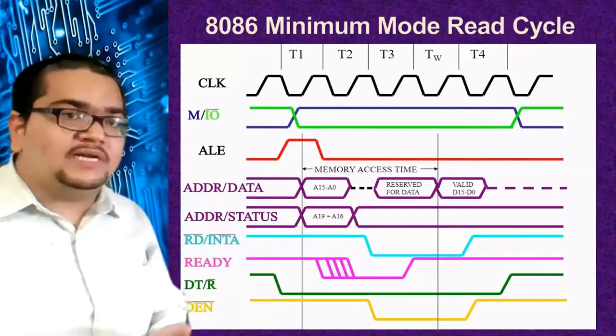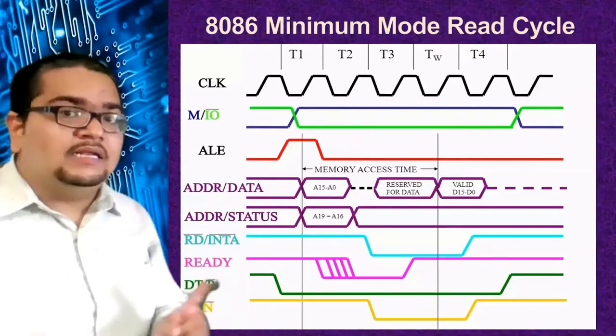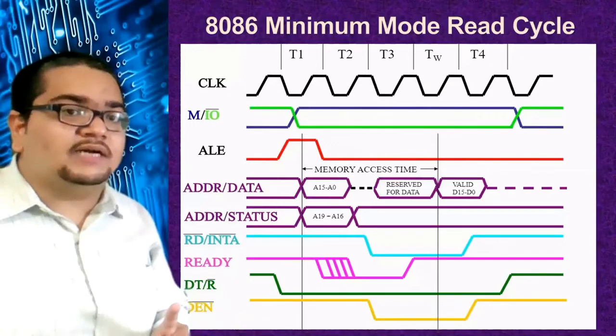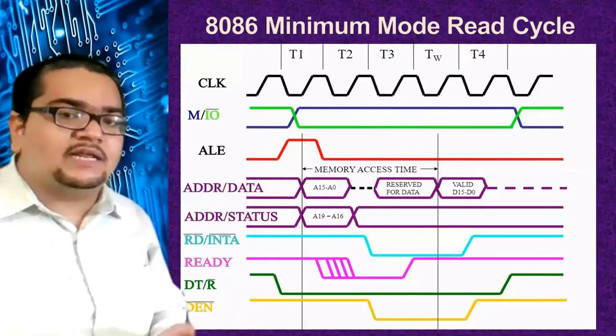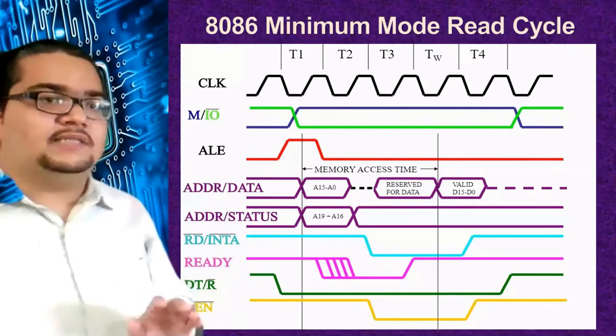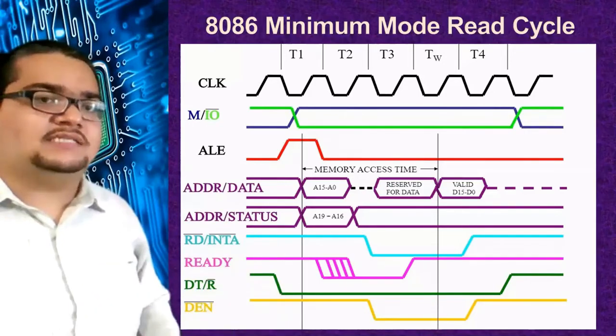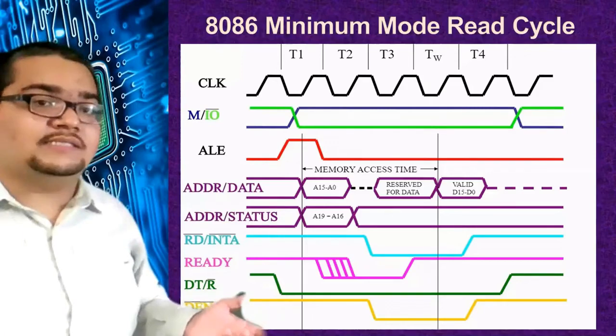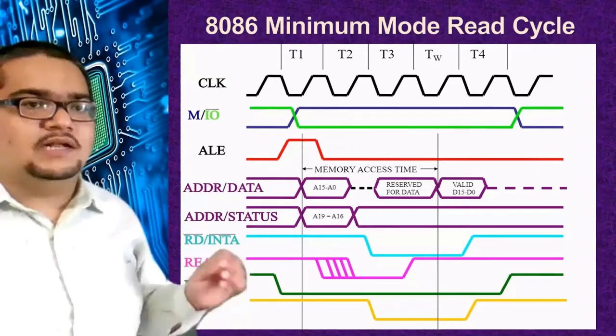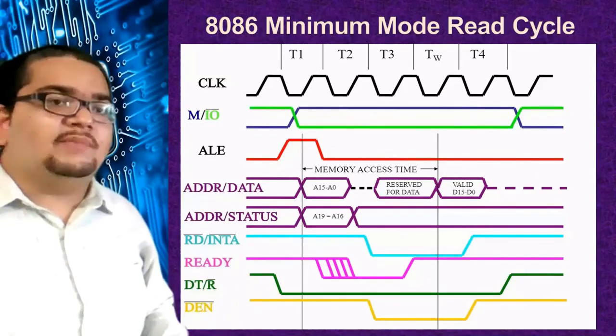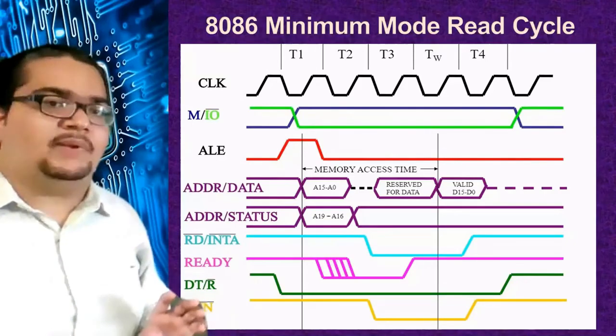Once T4 completes, T1 starts for the next cycle. The next T1 cycle starting means it will contain an address. That is why data enable is now becoming high, as there is no data on it now. There will be an address. So as T1 of the next cycle starts, you can see ALE is again high. So the valid address will be stored onto the latch. So demultiplexing of these AD lines will happen.